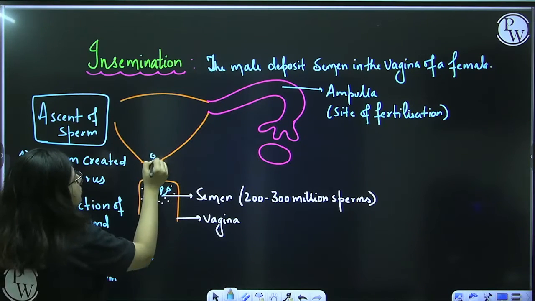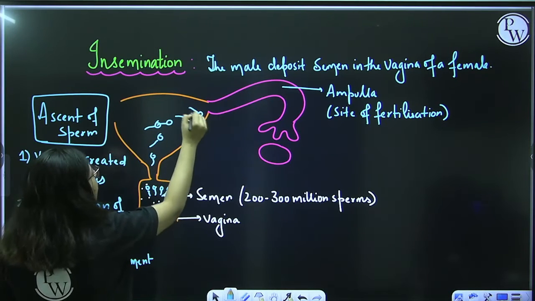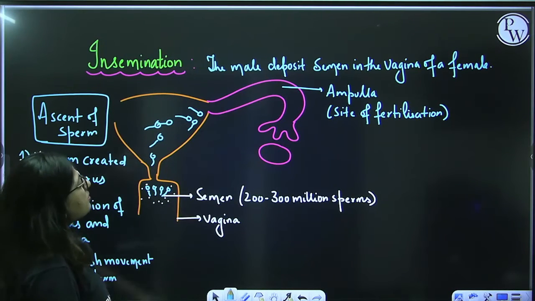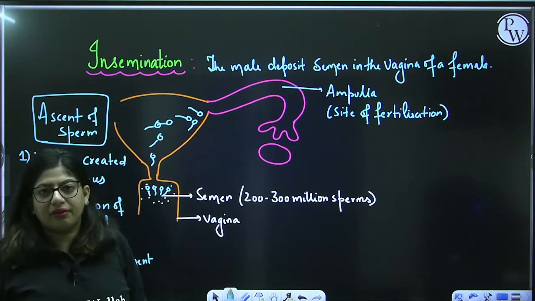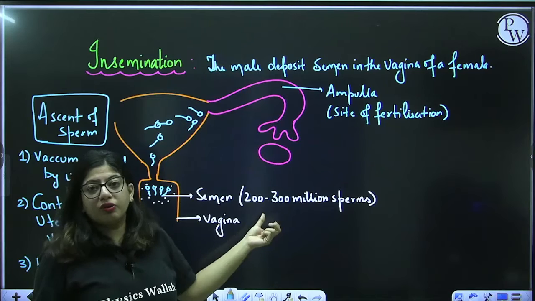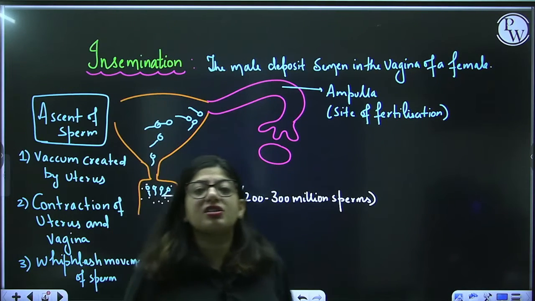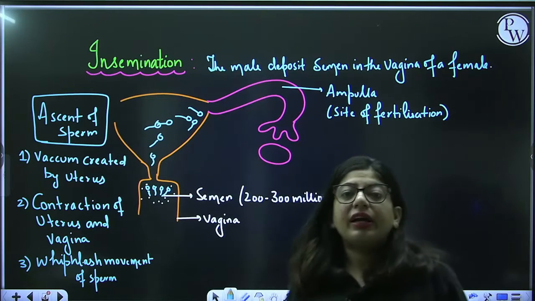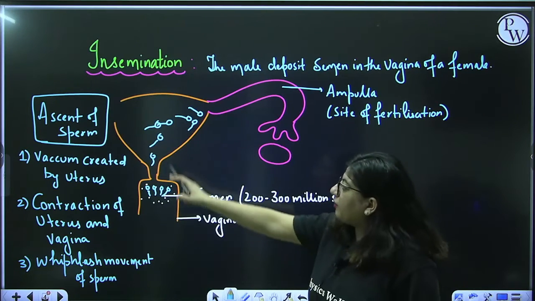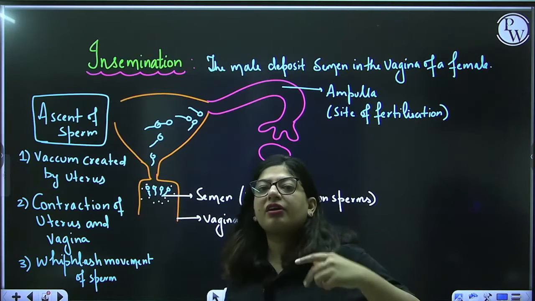So you can see the sperms are running. Only 100 to 200 sperms reach up to here. Only 100 to 200 sperm out of 200 to 300 million sperm reach the fallopian tube. Now in the female genital tract, when the sperm enters, the sperm undergo changes,